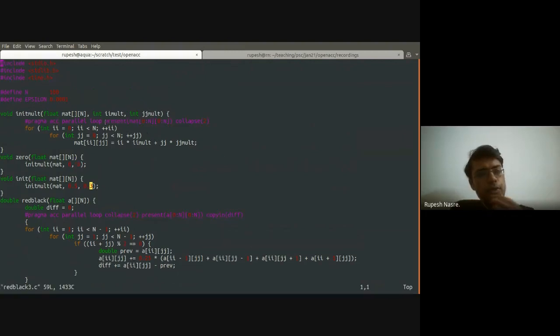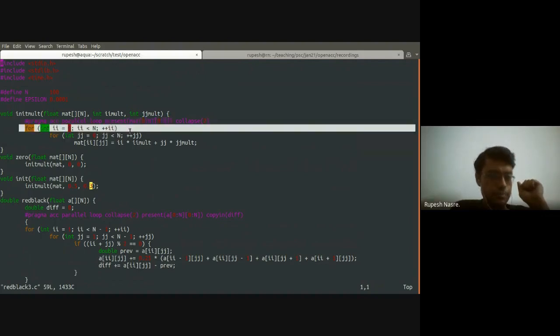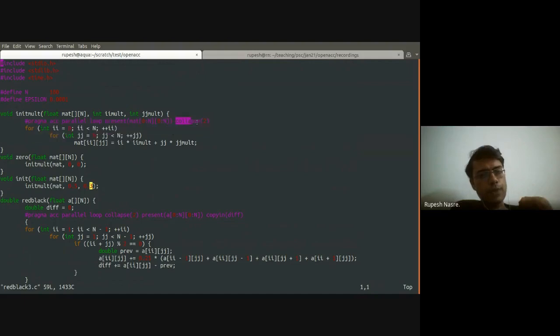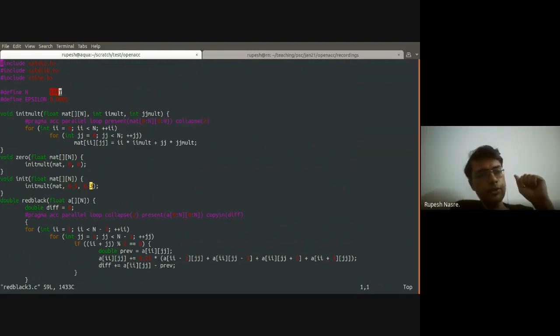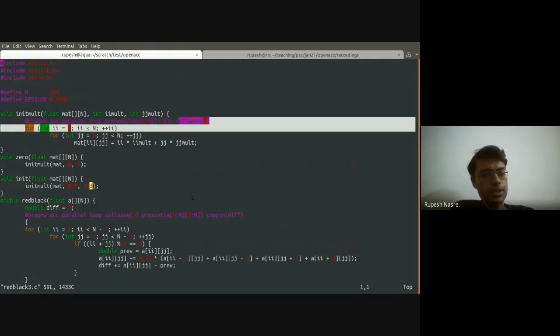In this case, I'm going to make sure that since the matrix is already created and then getting initialized, therefore it is already present, and I also need to specify possibly the dimensions of this matrix. The next part is about the nested loops, which is going to use a collapse clause. That is going to be helpful from the perspective of performance. For 100, it might turn out to be okay. If you increase it further, then you have to be a little careful about the collapse clause, as we have been discussing. So initialization is okay.